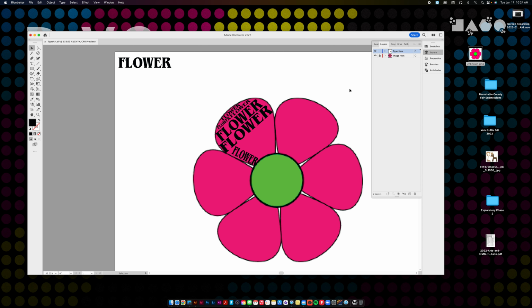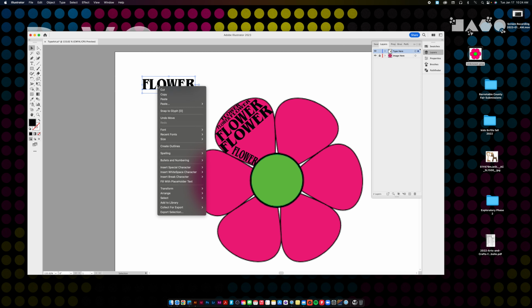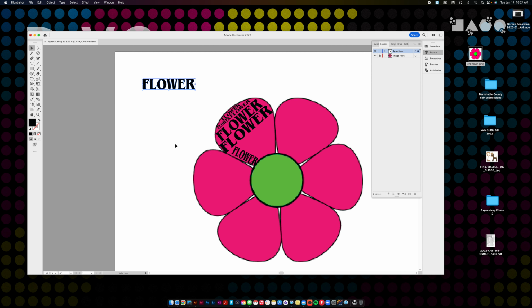For those of you that really want to get kind of crazy, if you take the type with the selection tool, right click on it and say Create Outlines, this is now like artwork. So if I ungroup it by right clicking and saying Ungroup, and click off, I can actually change individual sizes of letters and flip them around if you really want to mess around with that. So that's just outlining and then ungrouping, and then I'd want to group it back together again, because if I don't, I'll end up with